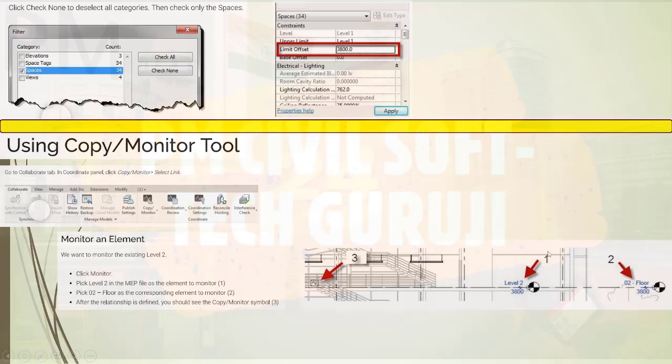In the figure, the number 1 after completing the sentence in bracket shows where to click first, as shown with red arrows. Then pick the 02 floor as the corresponding element to monitor this. After the relationship is defined, you should see the Copy/Monitor symbol, 3.